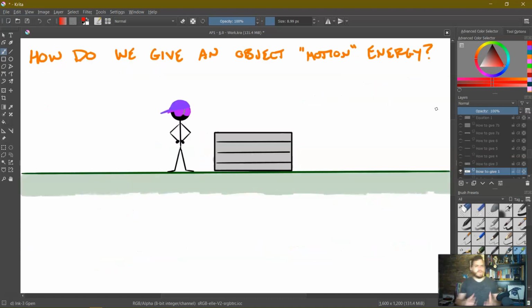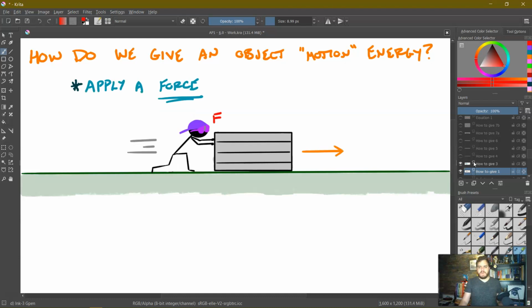So to think about work a little bit more, let's not worry about potential energy right now, and let's focus a little bit more on kinetic or motion energy. And how do we give objects motion energy? So let's look at the situation here. We've got this person about to do some maybe CrossFit or something and push this really big tire along the ground. And how would they give this tire motion energy? We can probably already think, well, how can they get it to move? Well, they would just apply a force, right? They would either push it or pull it. So applying a force will give an object motion energy.